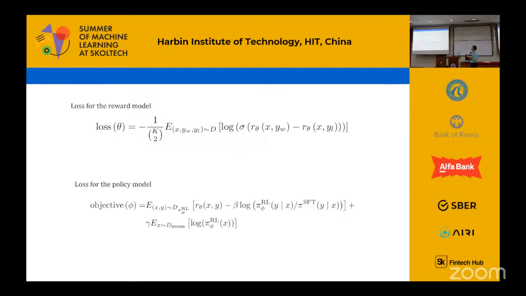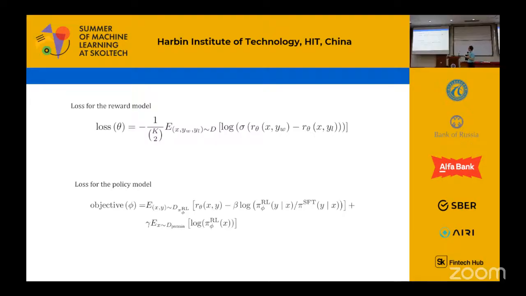First of all, this is pairwise preferences. That means we want to train the reward model so that it aligns well with human preferences. If YW means the winner output, and YL is the loser output, then YW is better than YL. So we hope that the reward model will give a larger score to the winner over the loser. Okay, you can see that this is somewhat like a KL divergence, defined by the log probability.